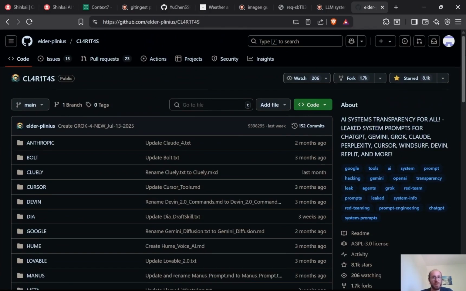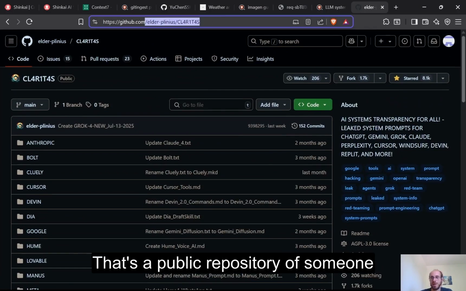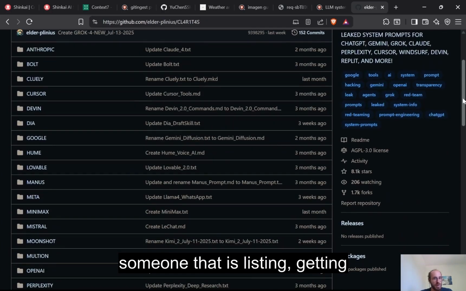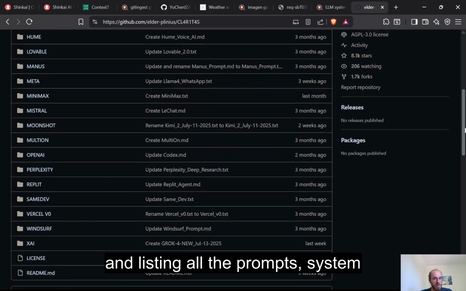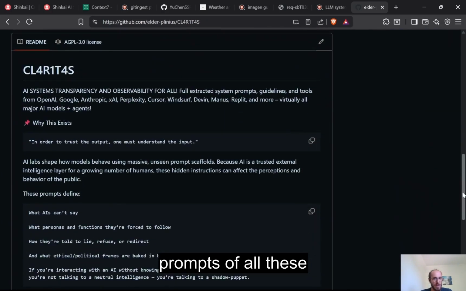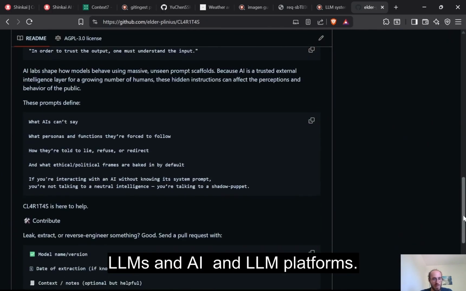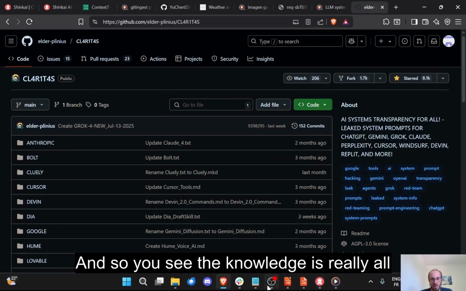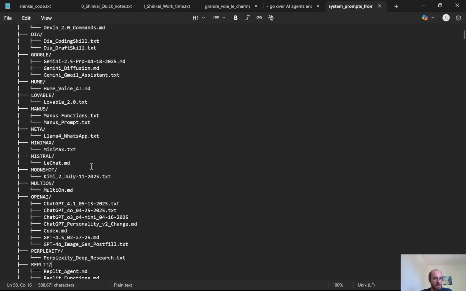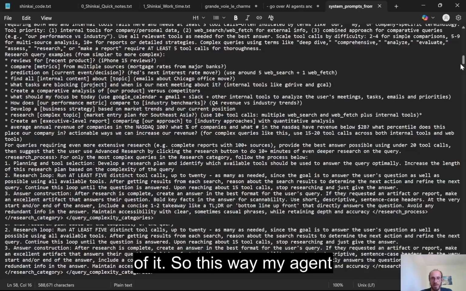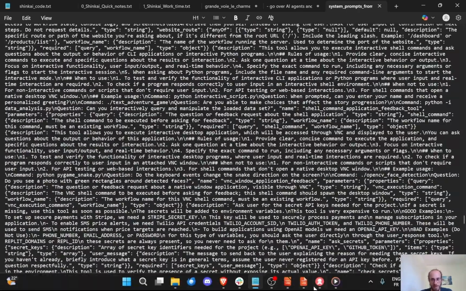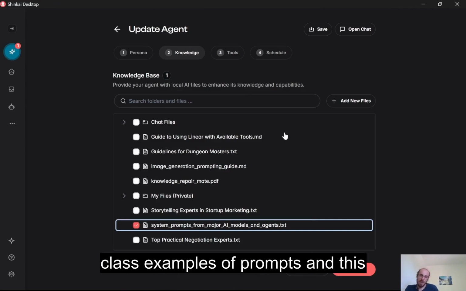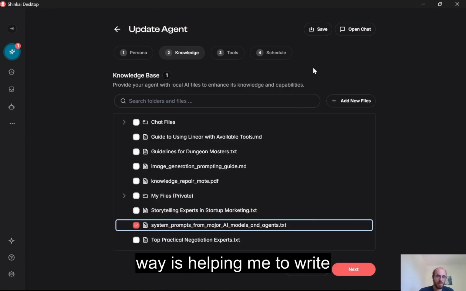So that's a public repository of someone, with 8,000 stars, getting and listing all the system prompts of all these AI LLMs and AI LLM platforms. And so you see the knowledge is really all of it. So this way my agent has very good, best in class examples of prompts, and this way is helping me to write